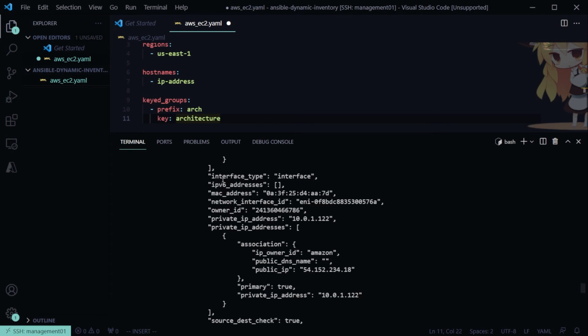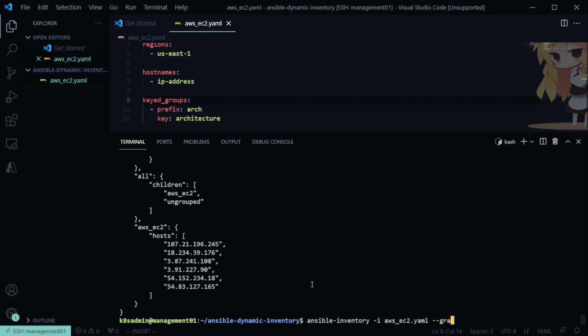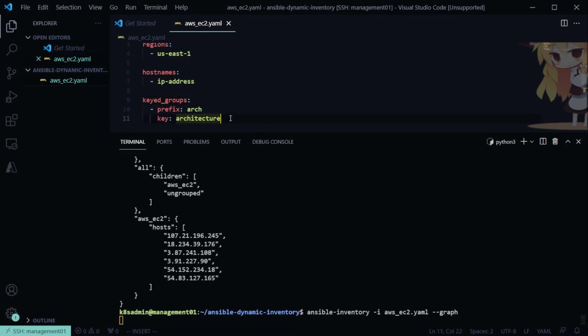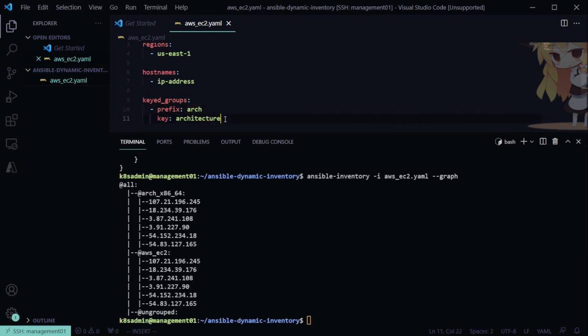Anyway, I'll do another example, you see, right? So I'm going to go ahead and save this, and then I'll do a --graph again. But what this is going to do is create host groups based on architecture. So you can see that I now have a new host group called